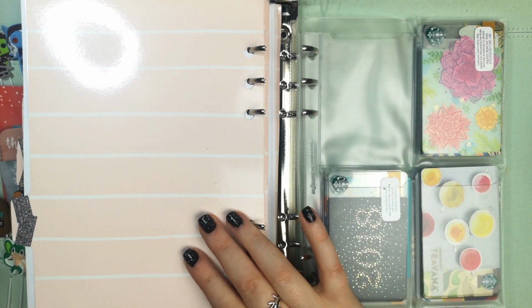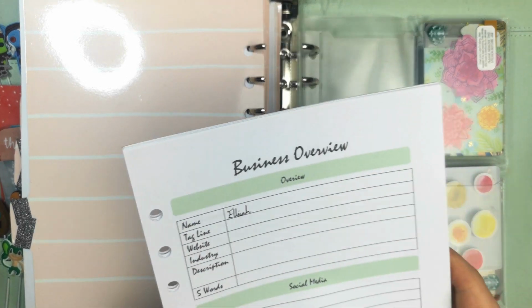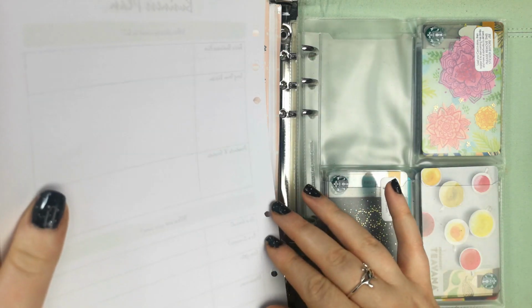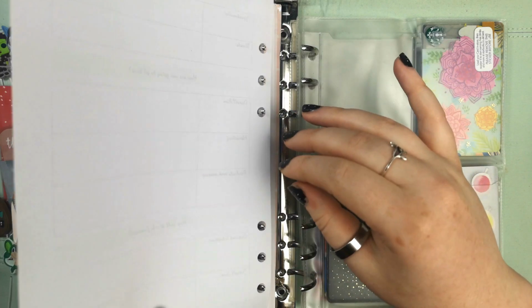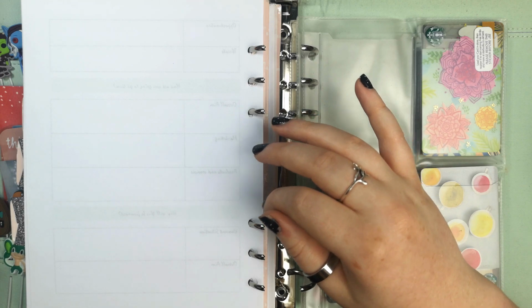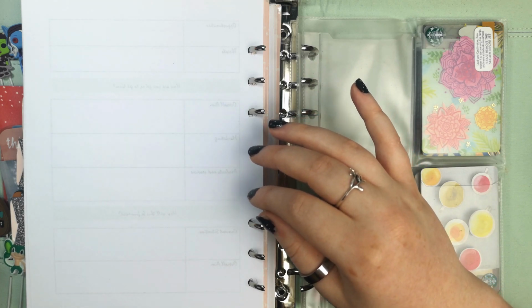Right. So next is my divination business. So again, we've got business overview and a business plan. Although for some reason I didn't do this one double-sided, I did this completely separate pages. Not too sure why. We've then got my usual social media tracker and a blog planner,